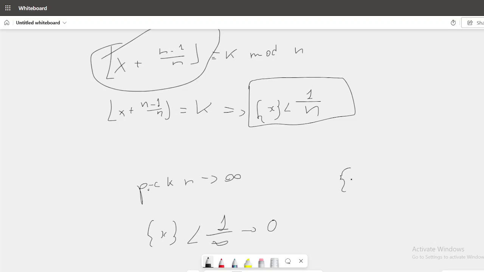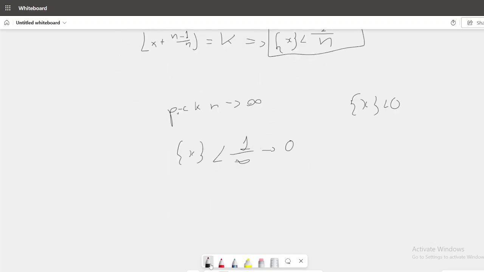So the fractional part of x will need to be less than 0. It can't be less than 0, but as we increase n, the fractional part needed decreases, which is the same as saying that the fractional part of x needs to be 0, because it needs to be less and less